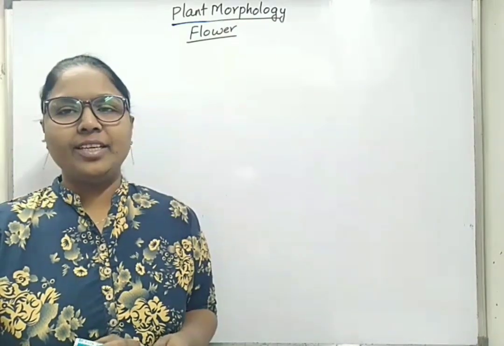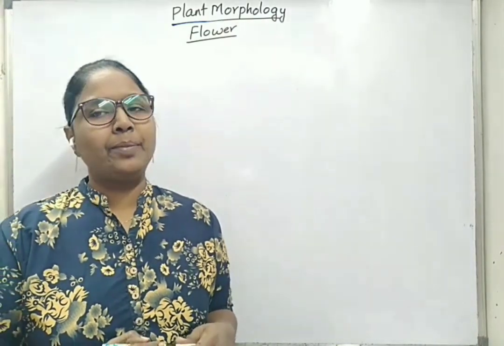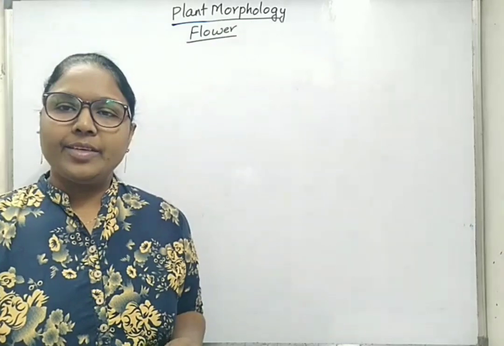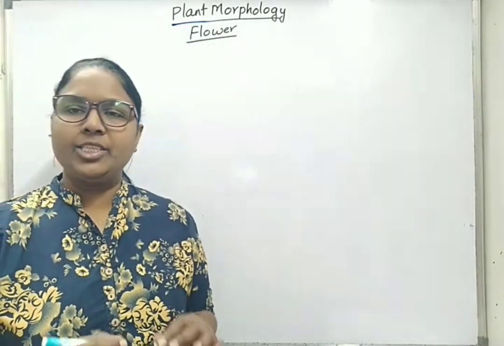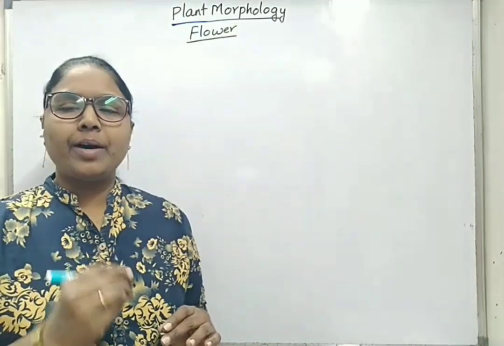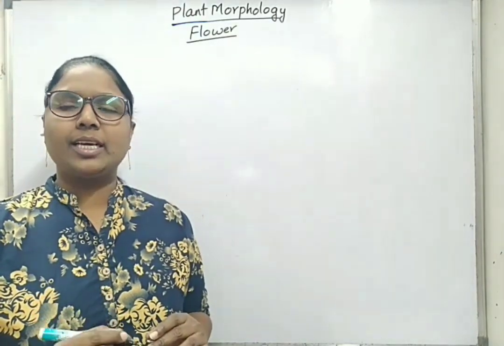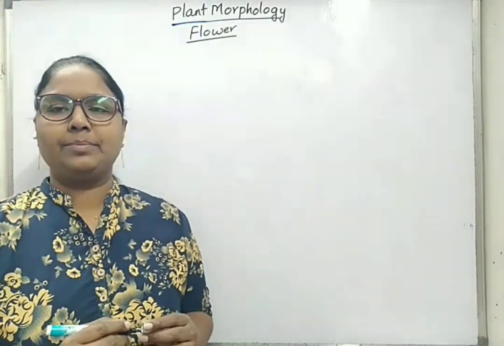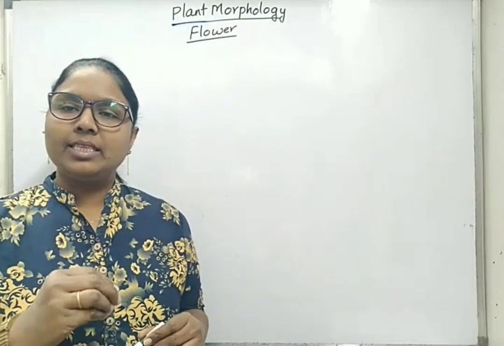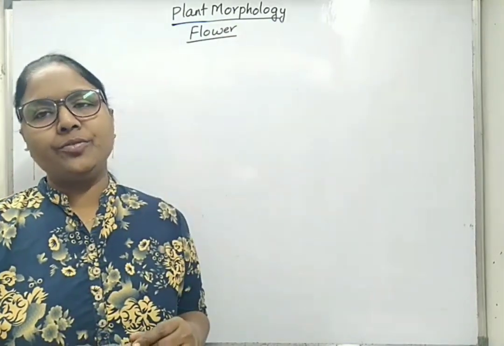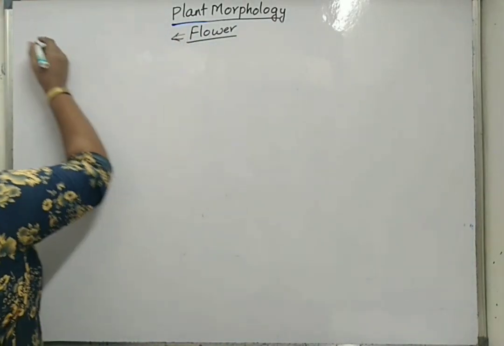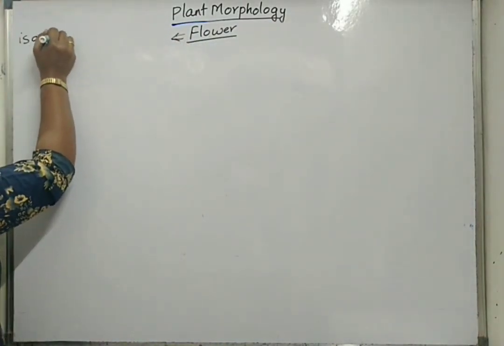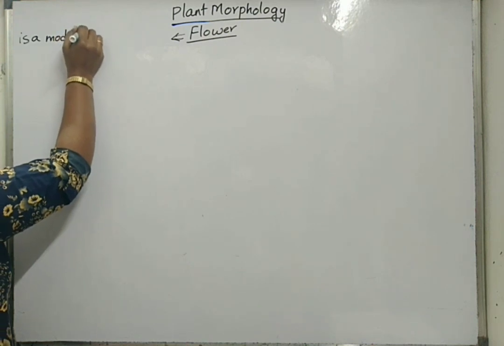Hello students, now we will learn about the flower topic in plant morphology. A flower is defined as a modified shoot. Initially, the tip part of the stem or shoot is converted into floral meristem. That meristem is then converted into a flower-like structure. So if you want to define a flower, a flower is a modified shoot